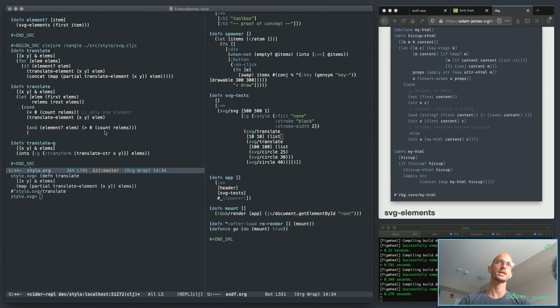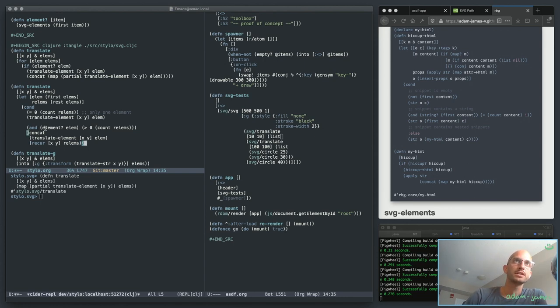What I want to do in that case is concat translate element xy of element. I want to concat that with the call of recur. I think that, let's see if recur will work there. It might. There. So what I've done here is, in the situation where the first element you're looking at right now is